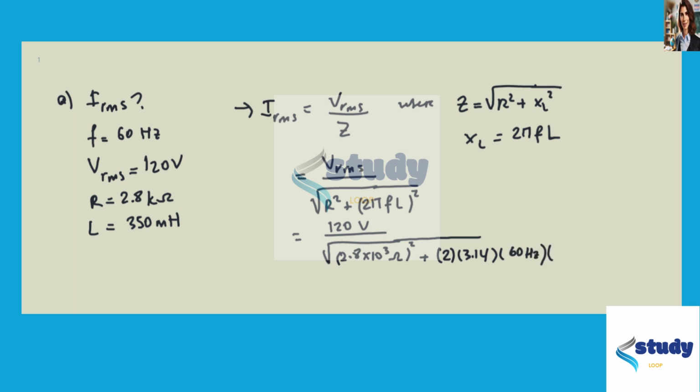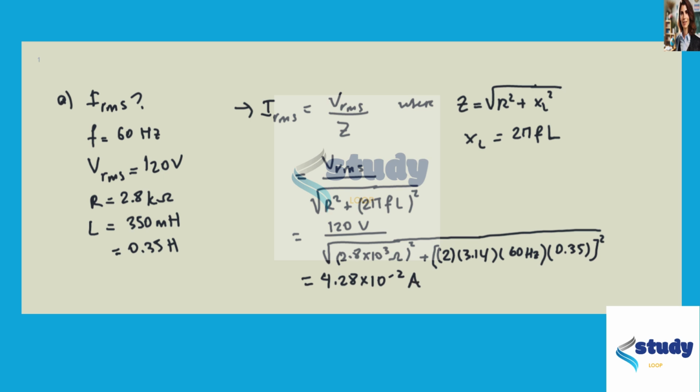And we have the inductance. If we convert this to henries, it's going to be 0.35 henries, right? And then we're going to square everything. So our RMS current is going to turn out to be 4.28 times 10 to the power of negative 2